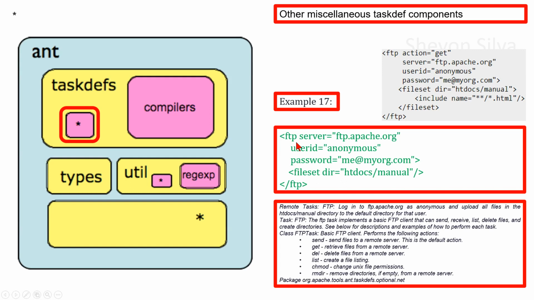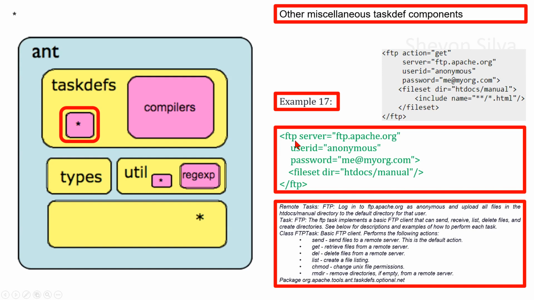With regarding API, the task FTP. The FTP task implements the basic FTP client that can send, receive, list, delete files, and create directories. With regarding API, class FTP tasks,